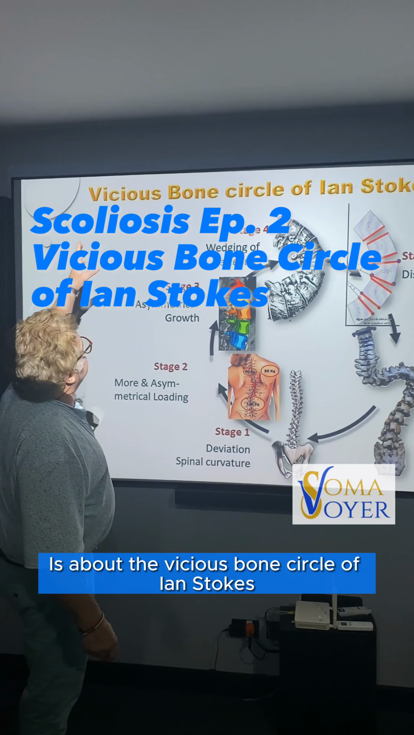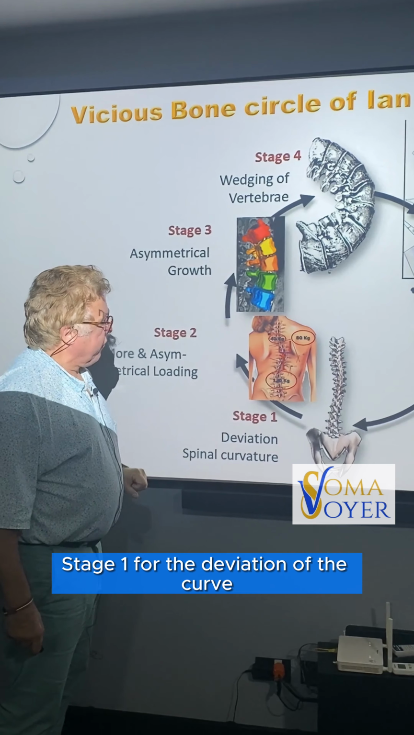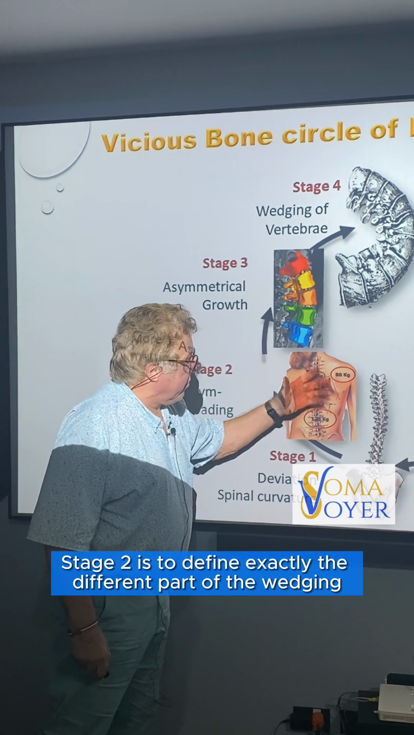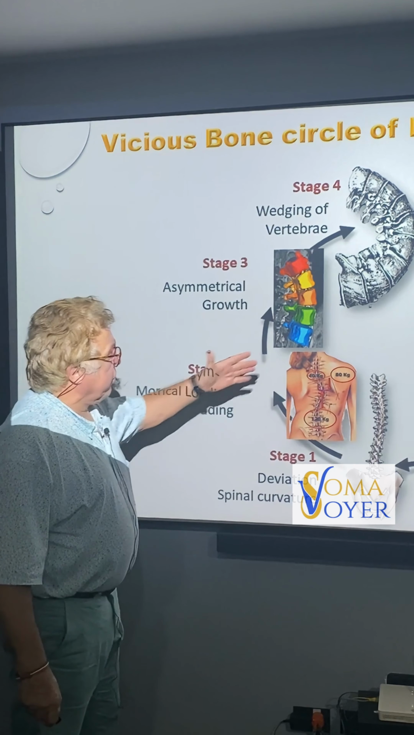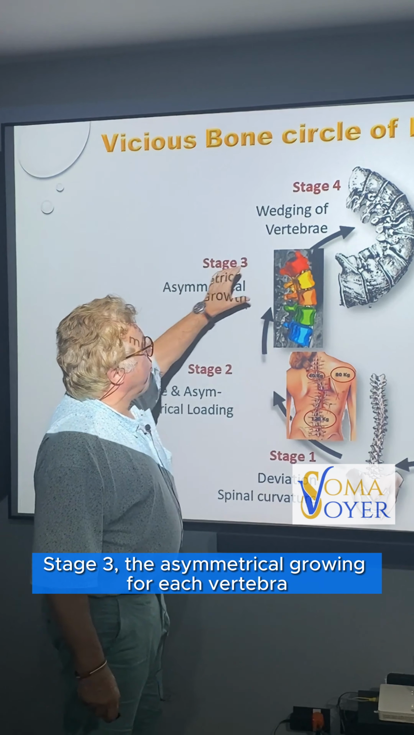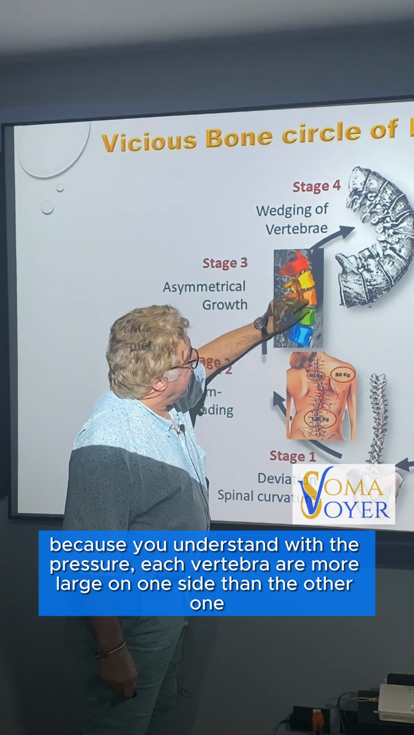This is about the vicious bone circle of scoliosis. Stage 1 is the deviation of the curve. Stage number 2 is to define exactly the different parts of the wedging according to the range of the curve. Stage number 3 is the asymmetrical growing for each vertebra, because you understand with the pressure each vertebra becomes